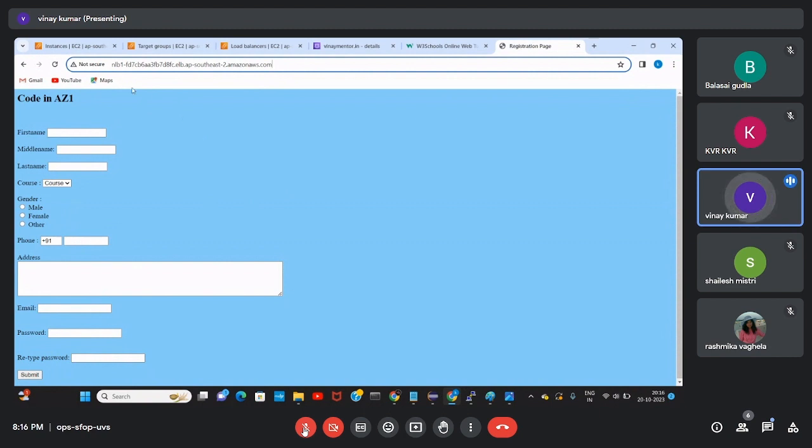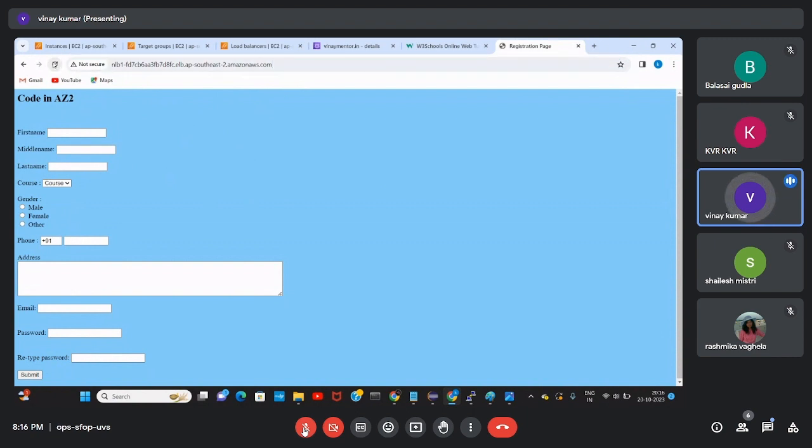The main thing the load balancer is doing is, if I keep on refreshing, then at some point it will also reach some other server. See, currently it's reaching server 1. See, and keep on refreshing.